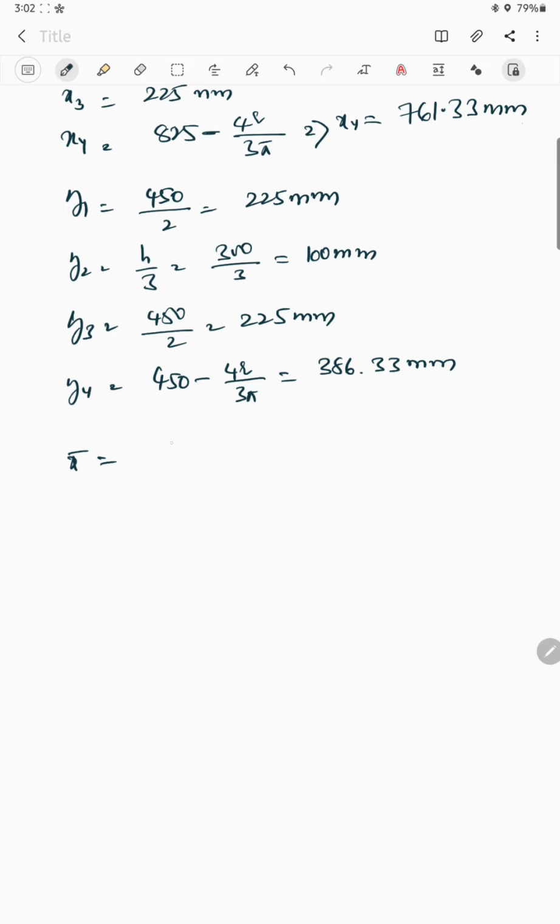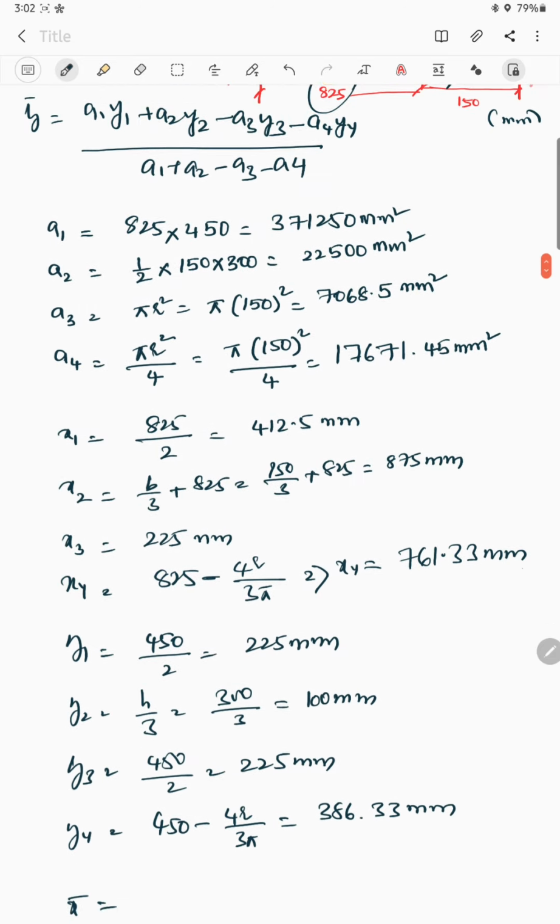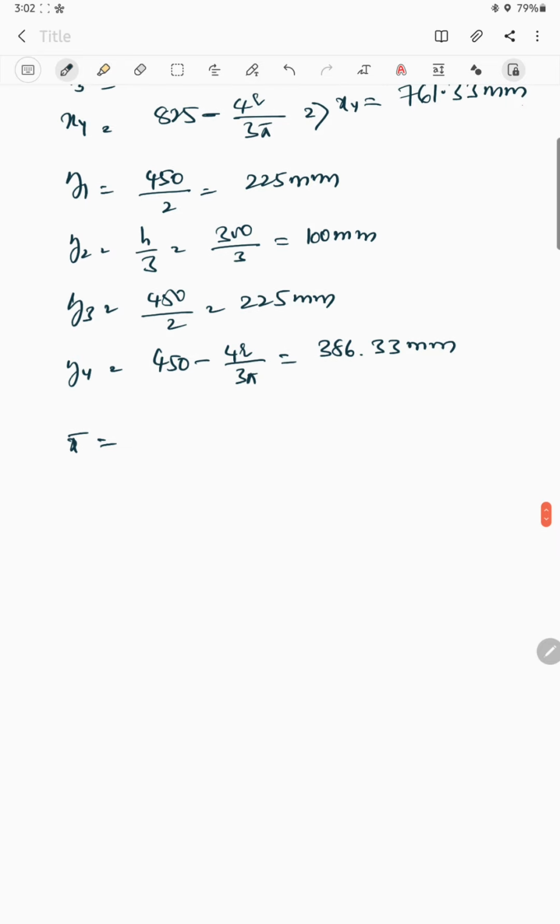So finally, we'll substitute our formulas in our x bar formula. First is a1 x1. So 1250 into 412.5 plus 22500, that is a2, into 875 plus, sorry, a1 x1 is over, now minus